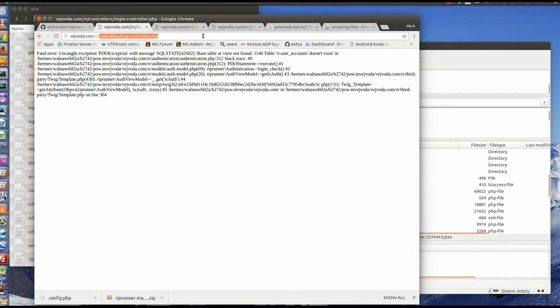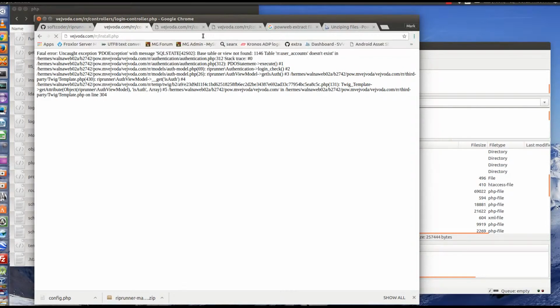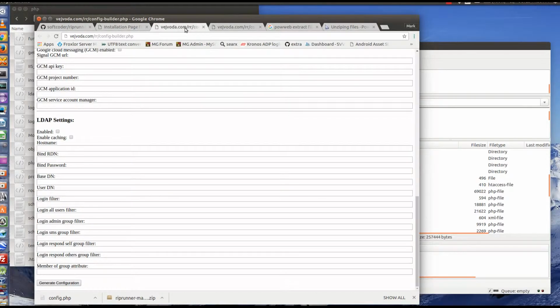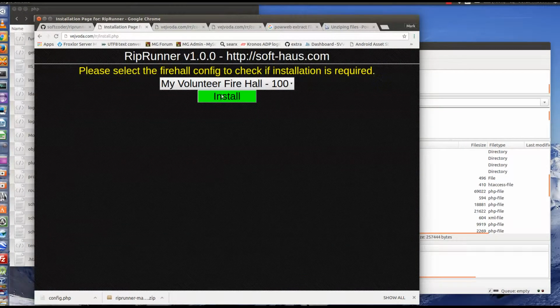Now we need to run our install. So instead of just going to RR, I'm going to run rr/install.php, and it's going to come to this screen. We're going to see some of the settings I entered in that previous screen over here where we entered all these values, firehall 100, my volunteer firehall. It's found that configuration. I'm going to click install,